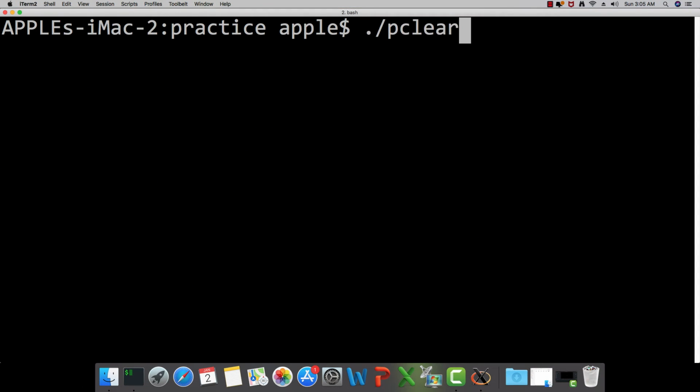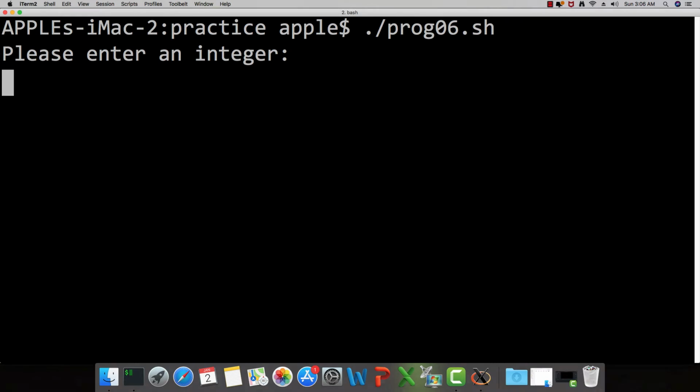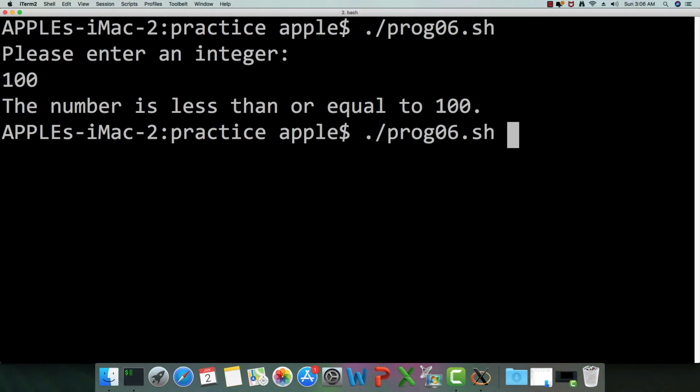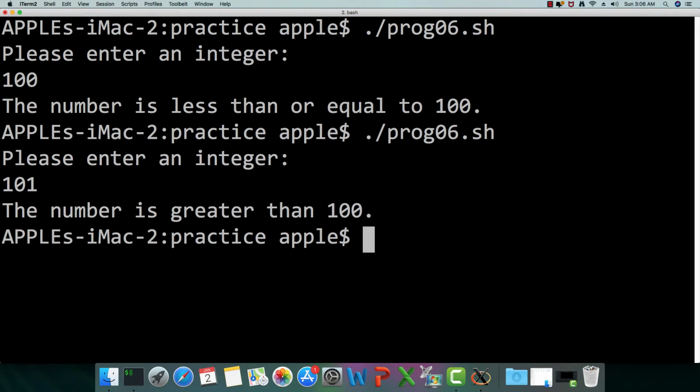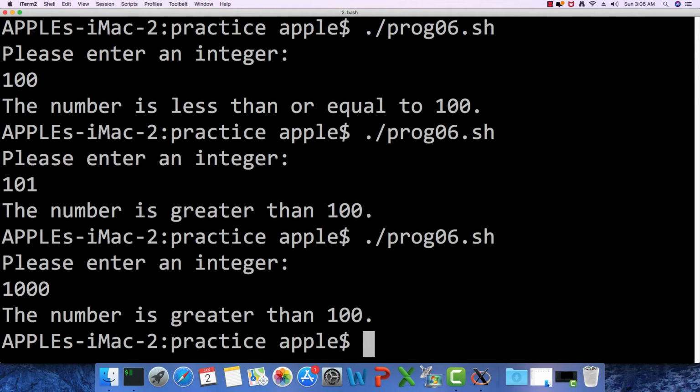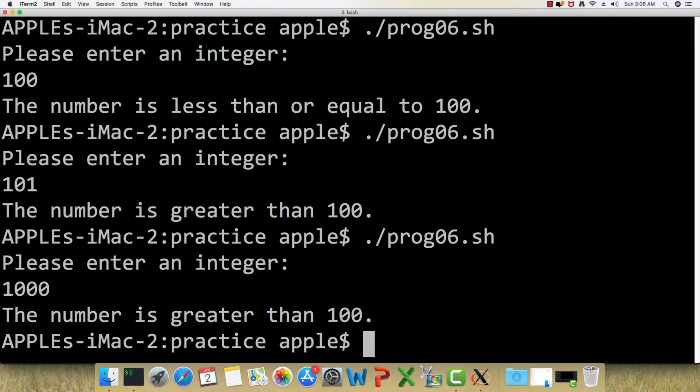Clear. 100. The number is less than or equal to 100. Okay, so this is correct. 101. 1000. Okay, so this is how we can introduce the else part in our if statement.